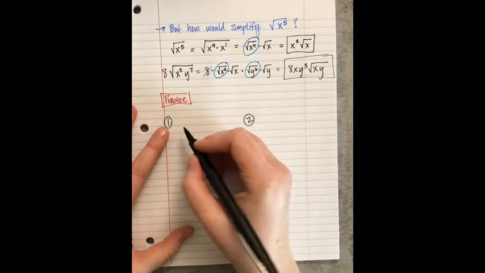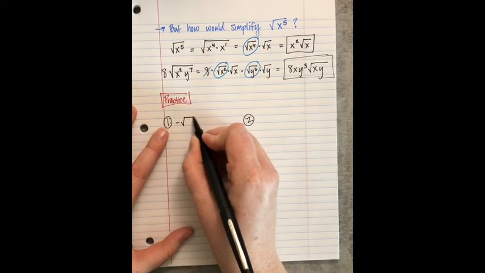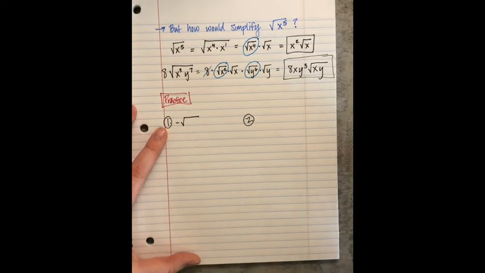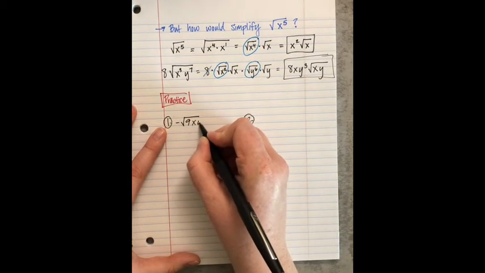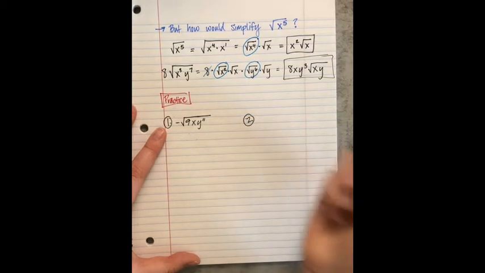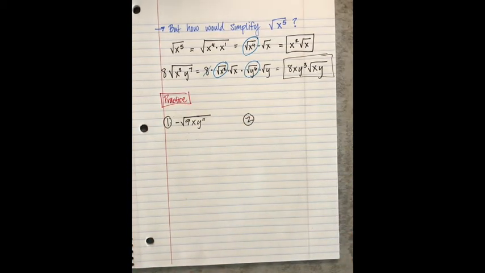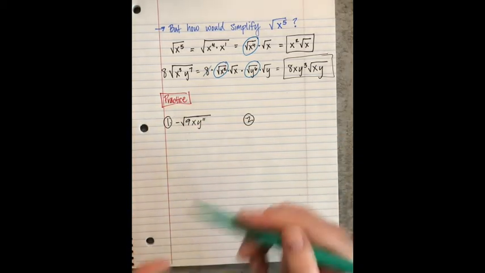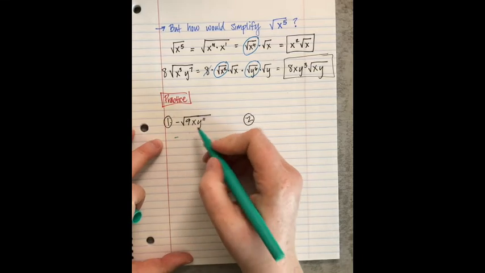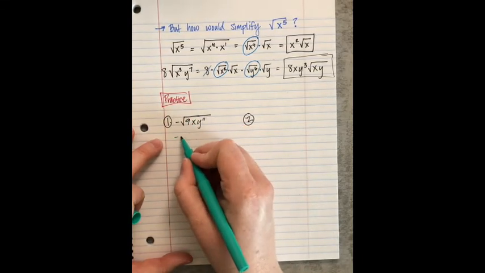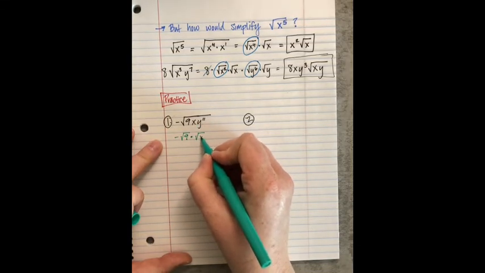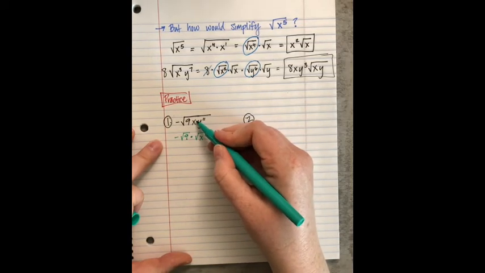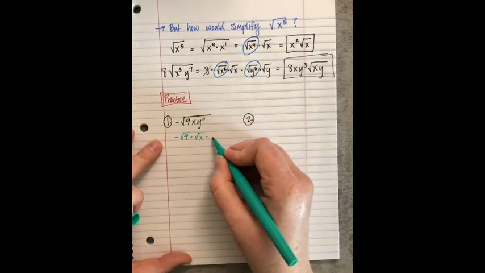Okay, so on number 1 down here, we're going to have a negative outside the radical, and inside the radical we have 9x y to the 11th. So we're going to break this apart. This is what I do. I'm going to drop down this negative. I'm going to deal with the number part first, so that's the square root of 9 times the square root of x. What's the exponent on x? Just a 1. Times the square root